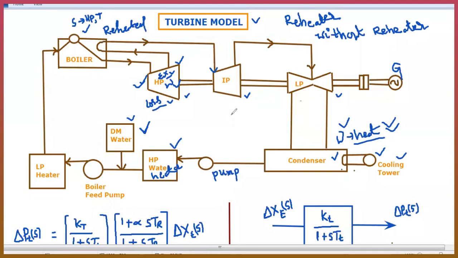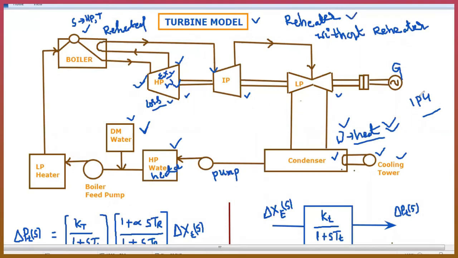If we consider the capacity of the entire turbine system as 1 per unit, it actually has 3 stages: high pressure, intermediate pressure, and LP pressure stages. We have the 3 stages, and in the 3 stages the capacity will be 1 per unit. If we have 3 stages of the turbine, then it will have the reheating facility.